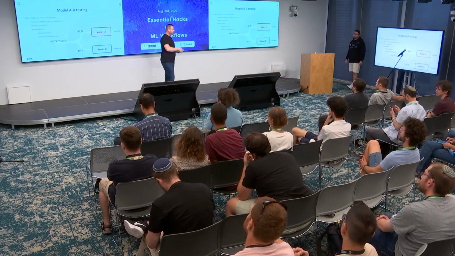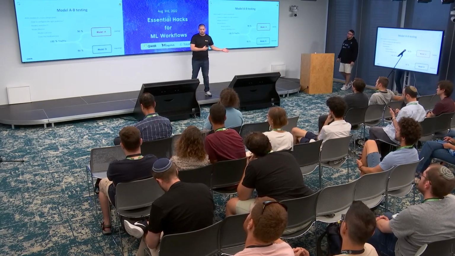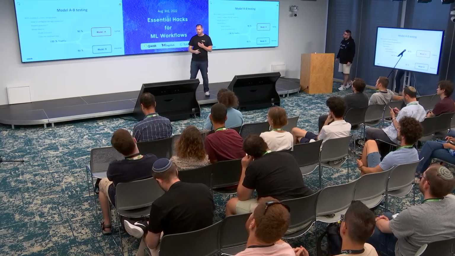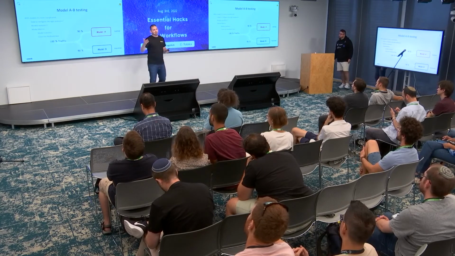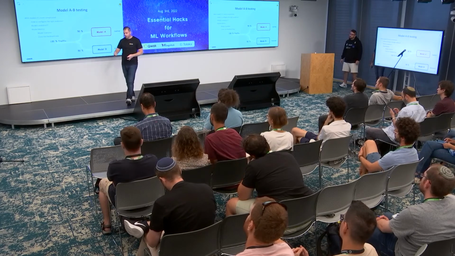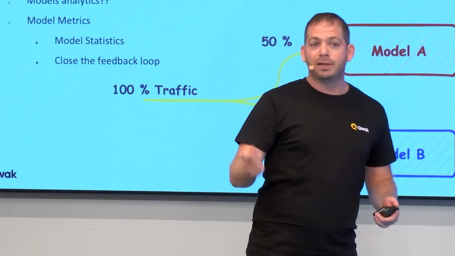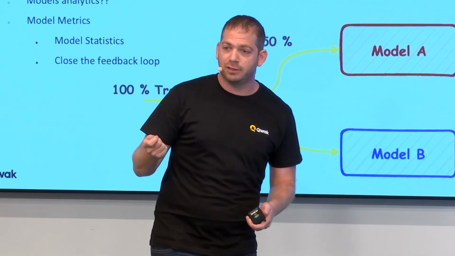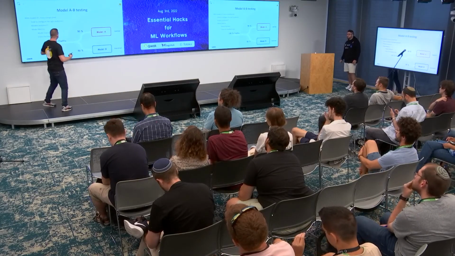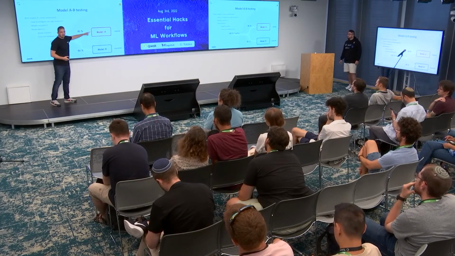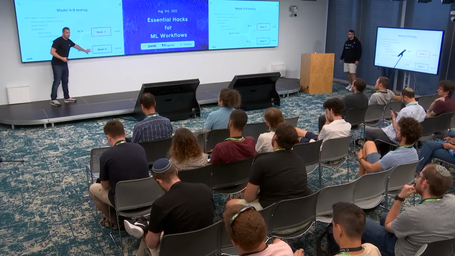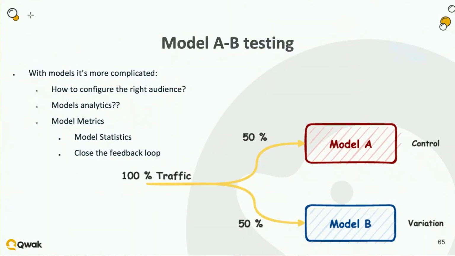So for example, Toloka just talked about annotators and the ability to create data sets. You can create a feedback loop and add a human in the loop to label some of the predictions and try to understand what the actual metric of a model is. And think of a case where you don't just shift traffic between models, let's say the VIP customers to model B and all of the rest of the customers to model A, or beta customers to model B, but you also want to understand what the metrics of the model are.